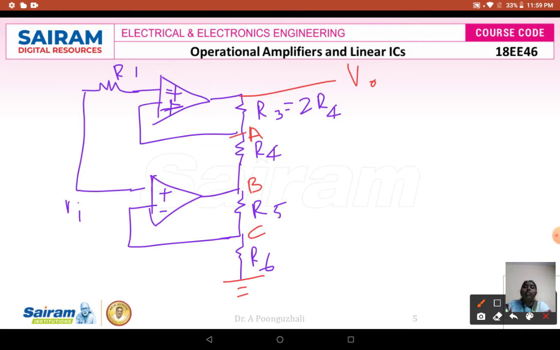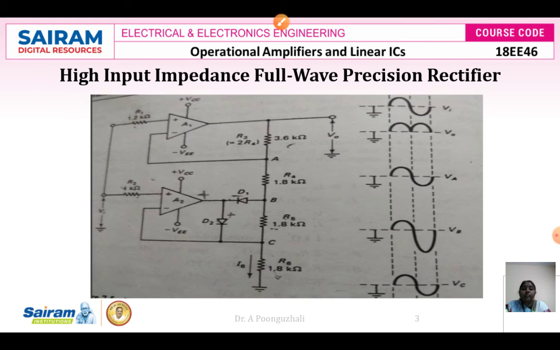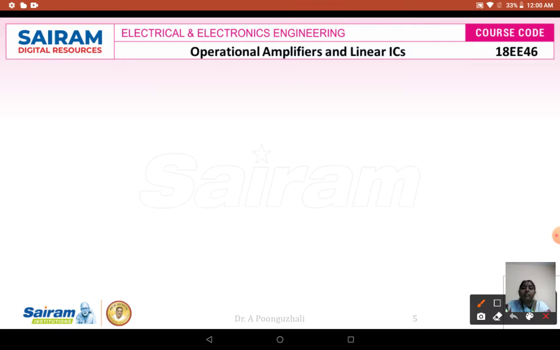So here, to find out when my input voltage is going to be negative, your diode is going to be in this direction. If I am going to draw the circuit, this is going to be your plus, this is your minus, and I am going to have your resistance R1 present here, and this is going to be your VI. And here this is your negative terminal.